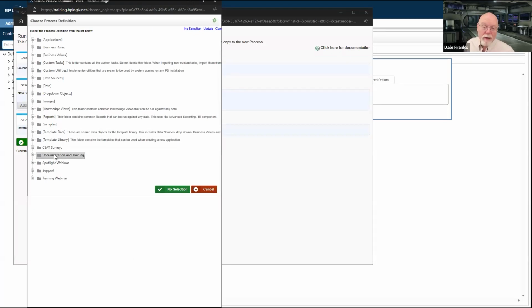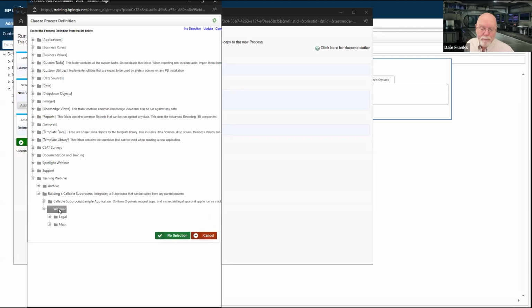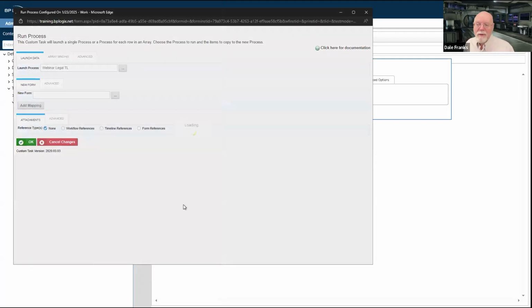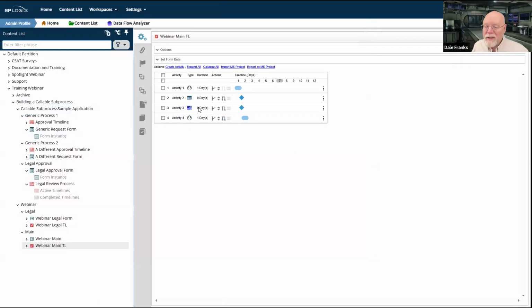All it's going to do is kick off the custom task. And once the custom task is successfully invoked, then this activity is done and it will move directly to activity 4, in which case both my sub process and activity 4 will be running at the same time.